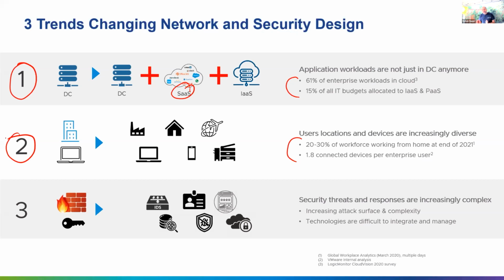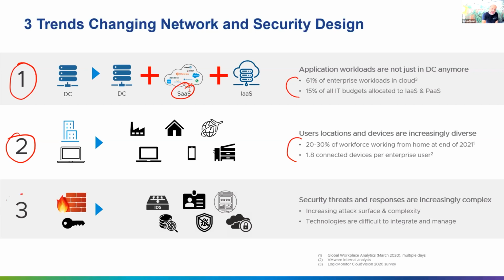And with this, what we are seeing is that when users are working from anywhere, the security boundary which was there in your branch office has been dissolved. What it means is, now I'm working from home. I'm working from Starbucks. Who's going to provide that security when I connect to the enterprise network? Who's going to provide the security when I'm using my own device? Who's going to do that security check? At the same time, you can see the attack surface has increased. Security threats have increased, and they have become more and more complex as well.